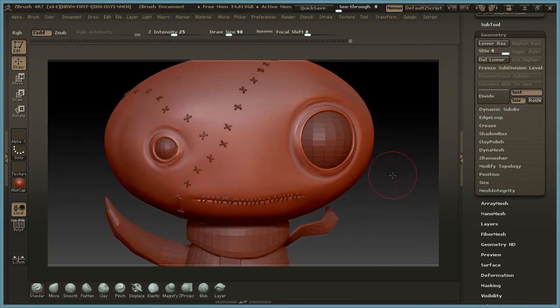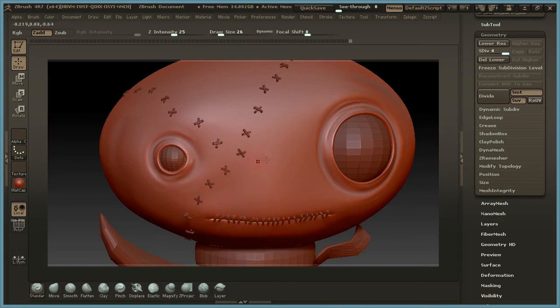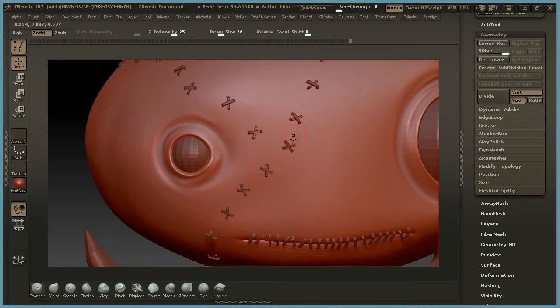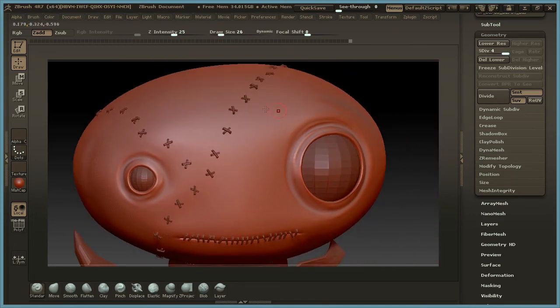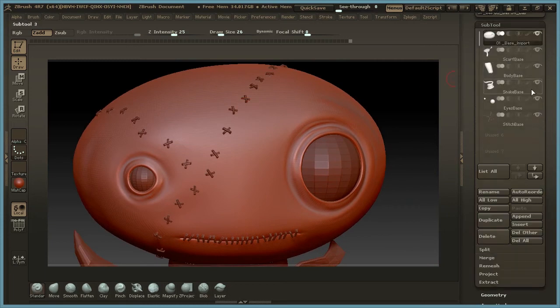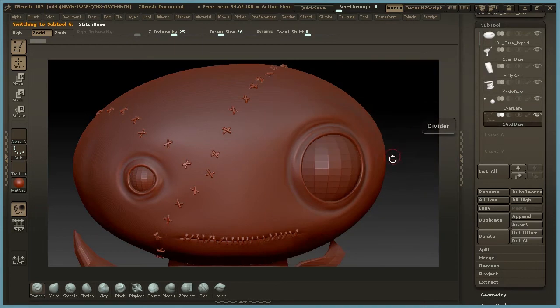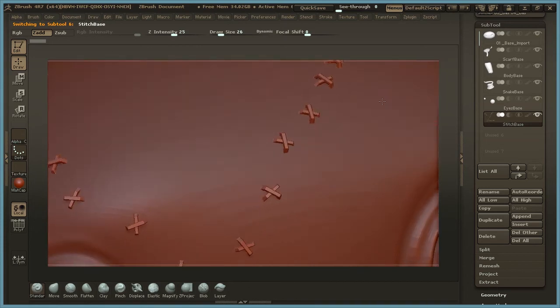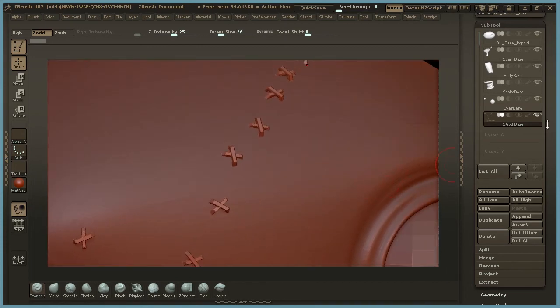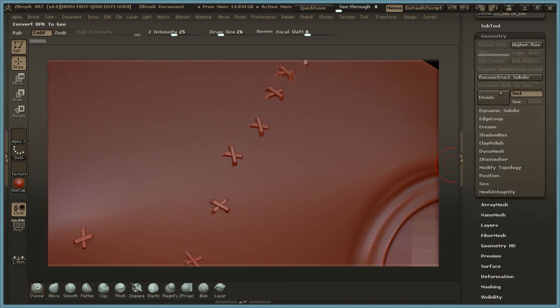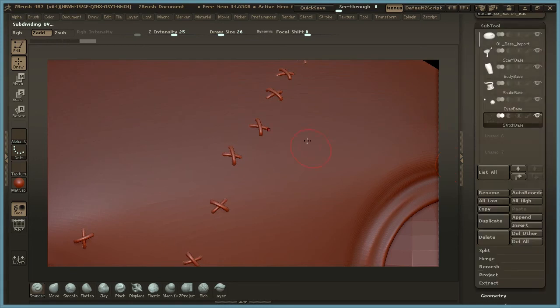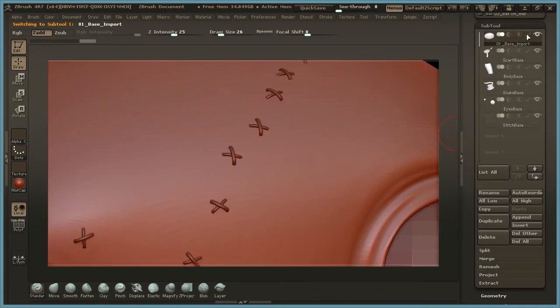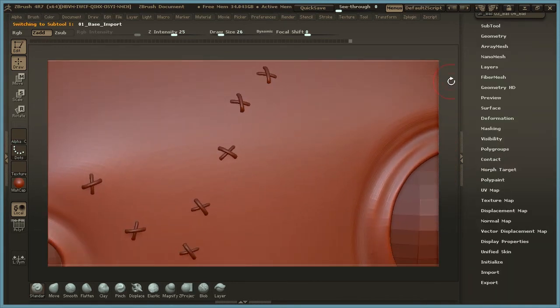But then we can just go in and start adding more divisions, and as we get into smaller and smaller details, we can start to think about adding in the actual wound on his head. But before we do that, we just need to add some divisions to the actual stitches. And as you can see, these are just basic squares which we just brought in from Maya. I'm just going to close that down, geometry, and just divide those a few times just so we've got a sort of rough guide of where the stitches will be. Let's go back to our